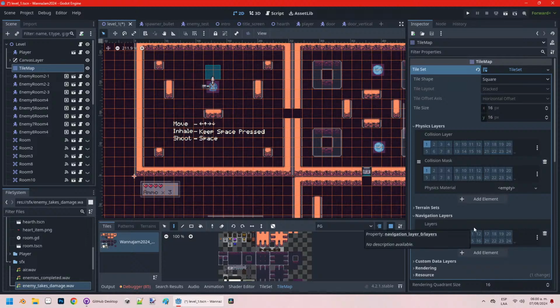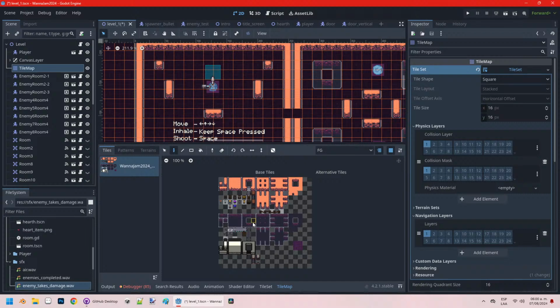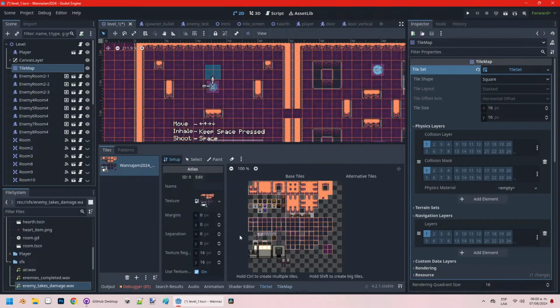Now if we open up our window down here and we click on tile set, we can go to whatever tile set you have. For me, it's just 2 tiles in here, but we can go to paint, select the property, physics layer, and we can just click on this. Now the darker square does have a physics layer, so it's going to have a collision. And then if we go to our navigation layer and add navigation to just this one, you don't want it on this one. You just want it on the ones that you want your enemy to be able to go on top of. So like the ground, this is like the wall, this is like the ground, right? So we'll do that, we'll save, and then